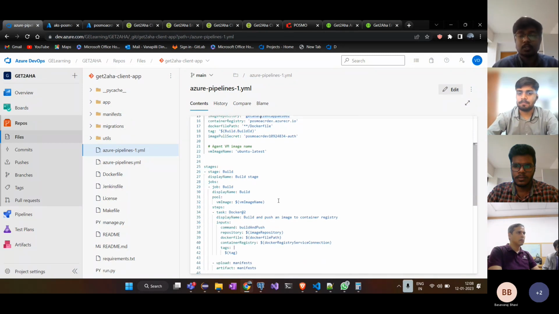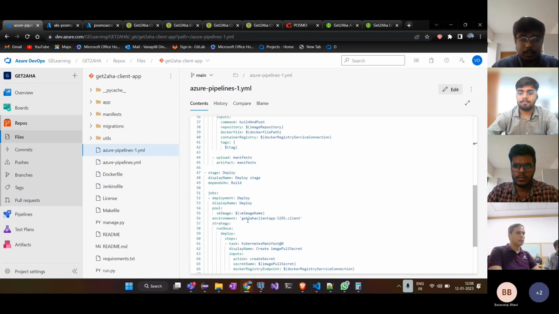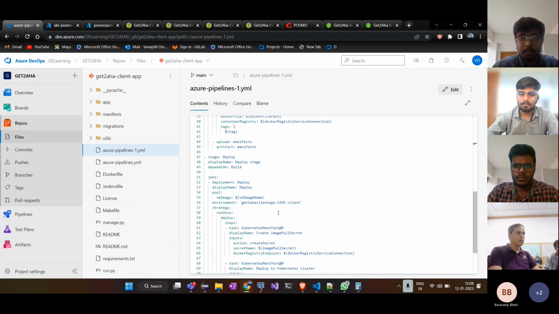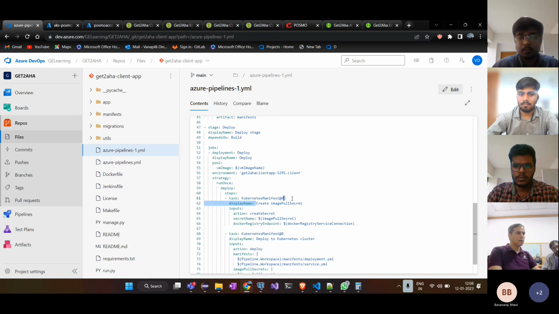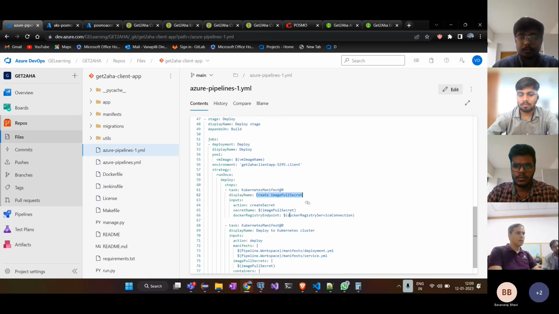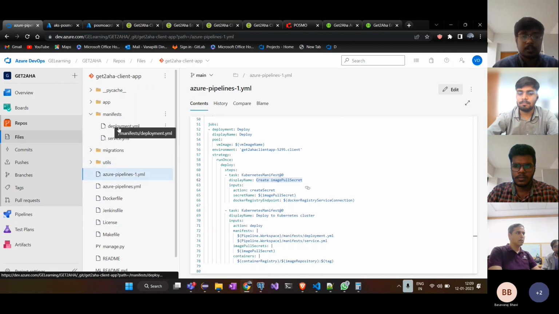So this is the image repository in which the Docker image which has been built is deployed, and from there it is retrieved by AKS in this deploy stage. As you can see, environment is defined here in the deployment stage, and we have different steps of Kubernetes where it will use this image pull secret to establish a connection with our ACR and pull the image. After that, we have two of our files here, that is deployment and services, which are defined in this manifest,